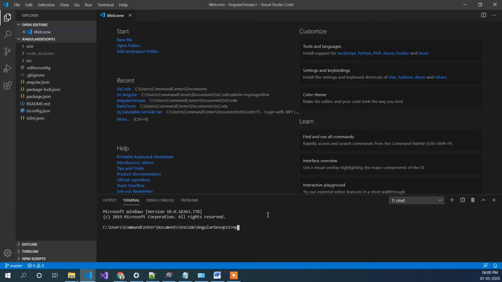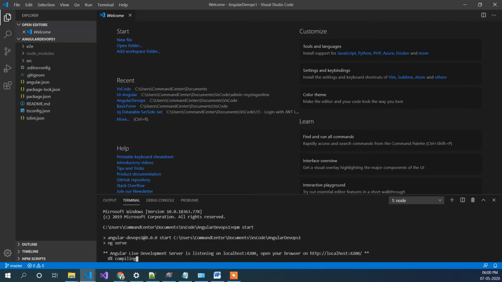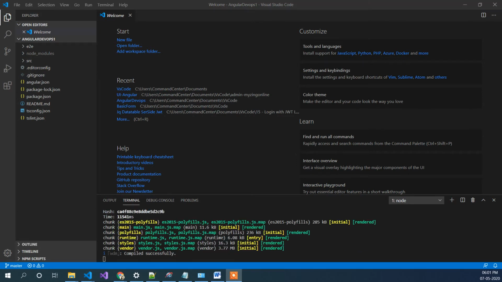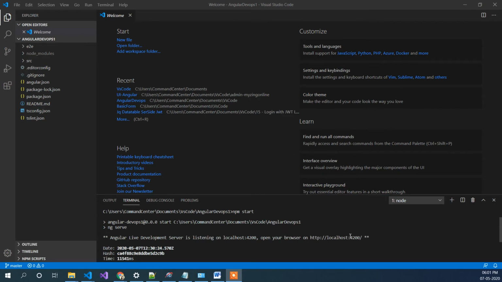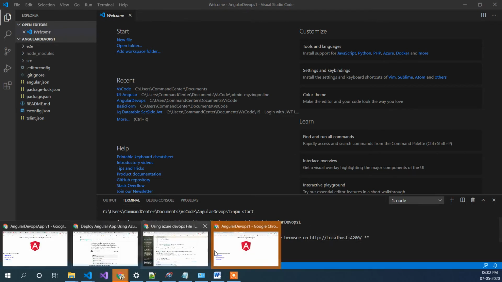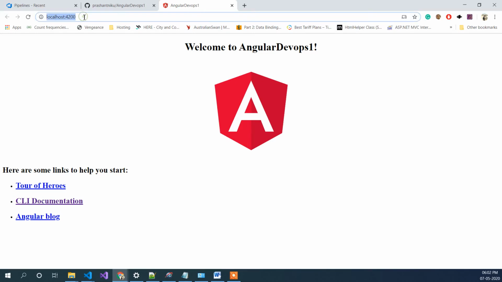I will fire a command called npm start and see. It starts compiling the project. After a couple of seconds, it gets compiled successfully, and if I go to this URL, it will show this page.